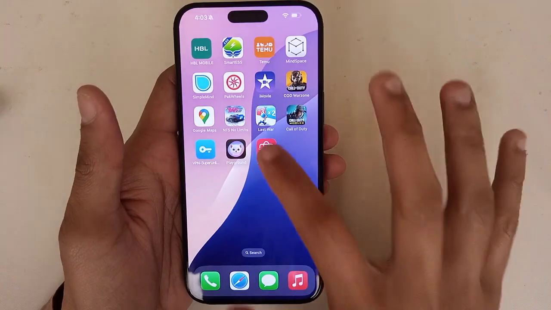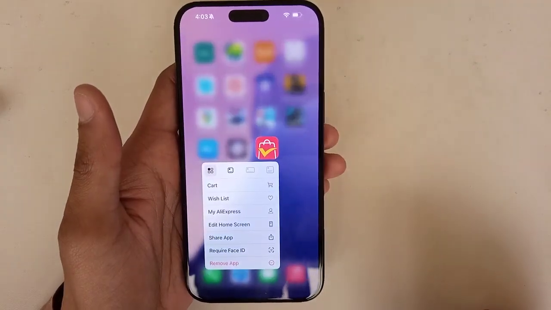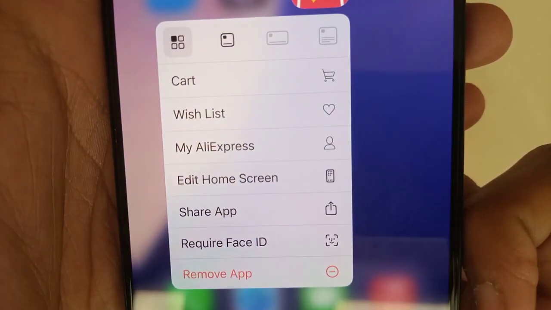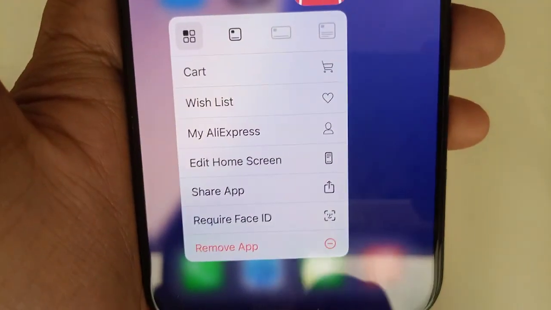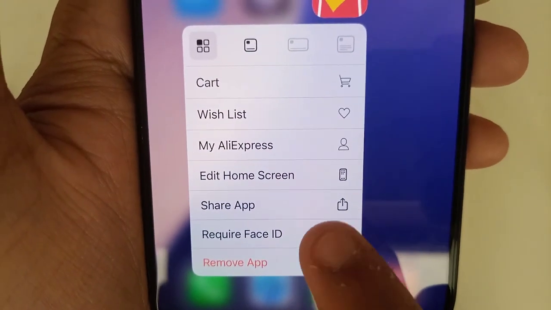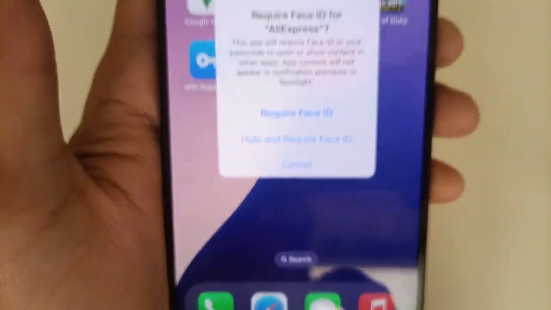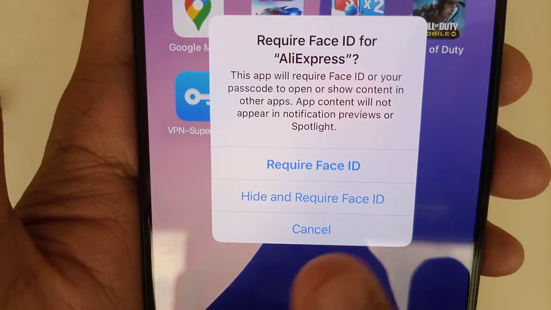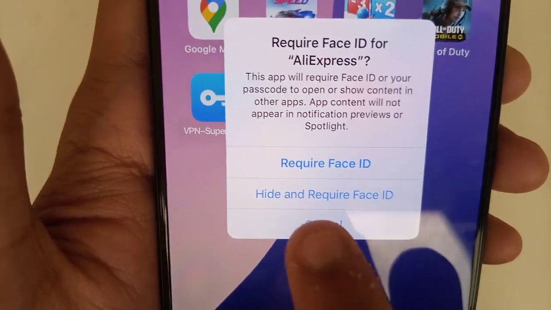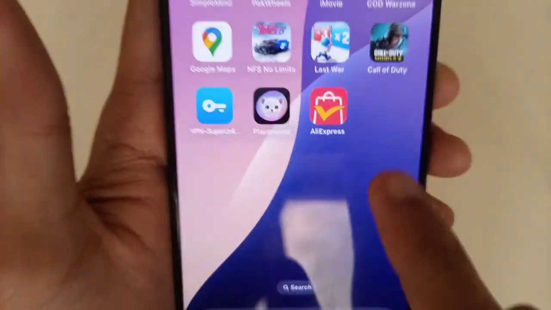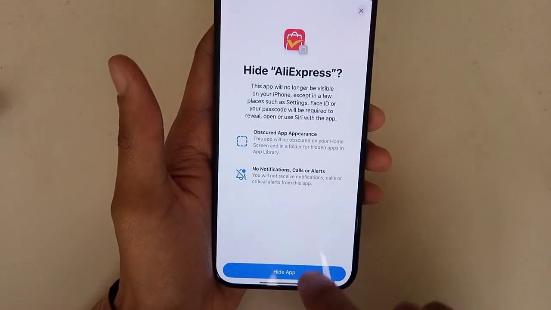What you need to do is just tap any of your apps. After tapping it, it will show some options like this. You need to press the Require Face ID option, which is the second from the bottom. Just tap on it and then it will show options like this. What you need to select is just Hide and Require Face ID, and the app will automatically be hidden from